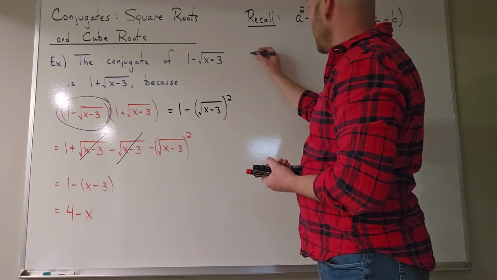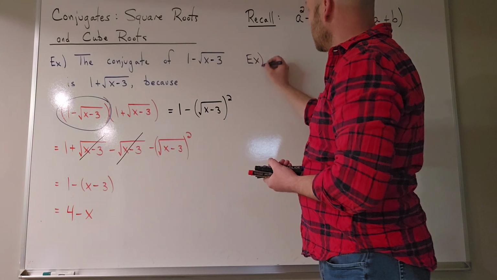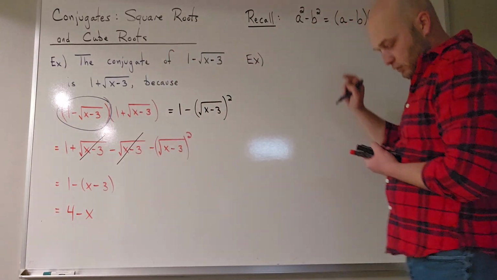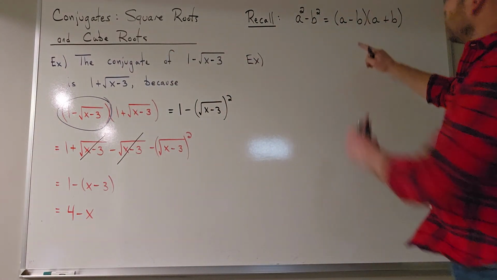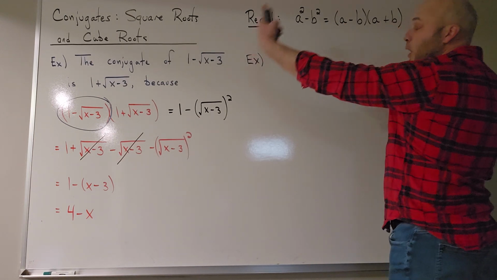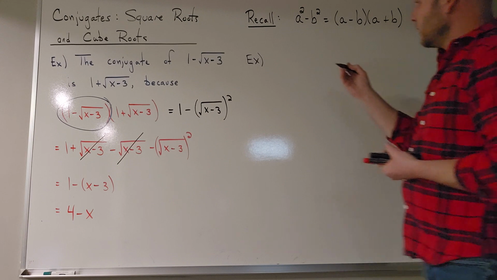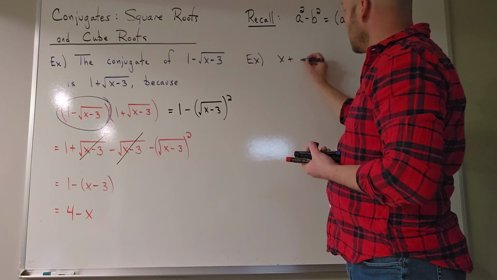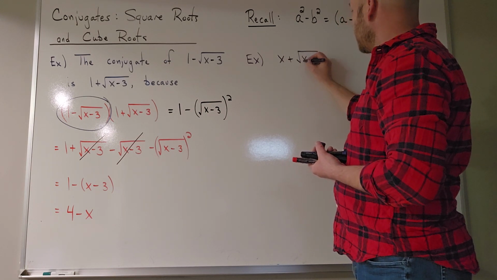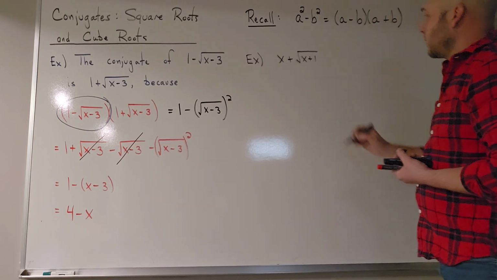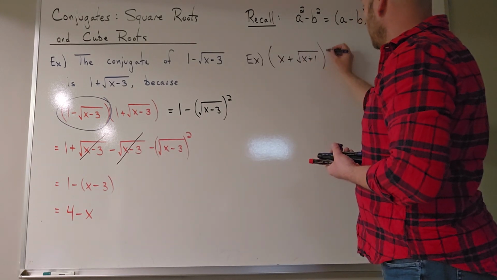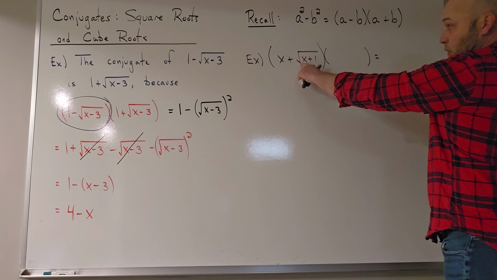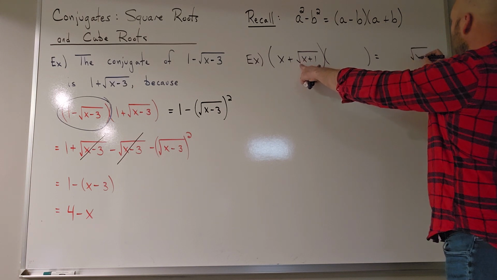So let's find a conjugate, but rather than just saying let's switch the signs, let's figure out what it would be using this, because that will then help us to generalize for other radicals. Let's say I have the following expression: x plus the square root of x plus 1. I want to multiply it by something so that I'm able to square this, so I'll have the square root of x plus 1